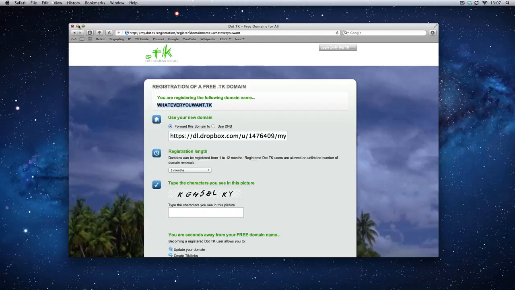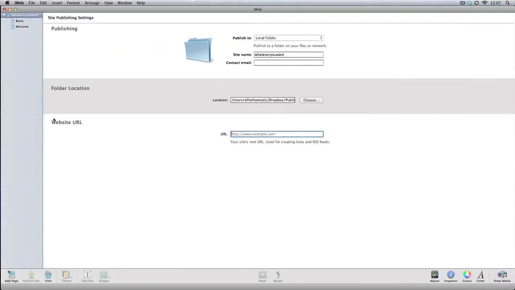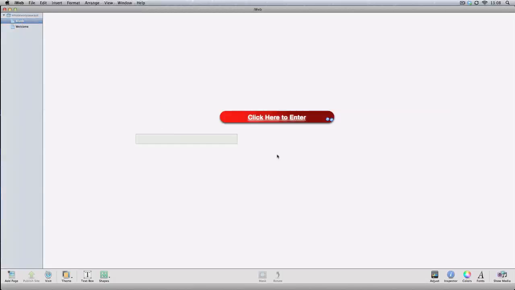on the internet. Whenever you need to update your website, it's much simpler after that, because all these are done. The whole Dropbox side of things is done, the whole .tk side is done. So whenever you actually want to just amend something, you can do your amending and then just go publish site. It goes to Dropbox and Dropbox goes to .tk. It's that simple. It's completely free, so you don't have to do anything, you don't have to pay anything, and especially in my situation, you know, I don't get any funding for something like this, so it makes it much